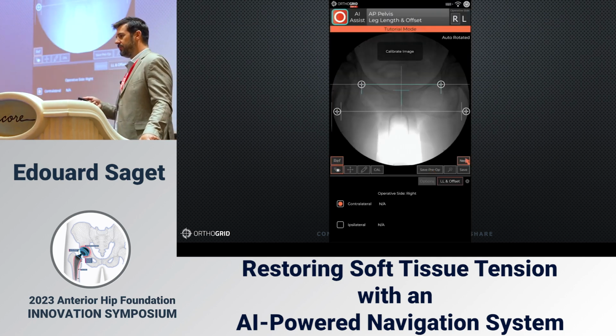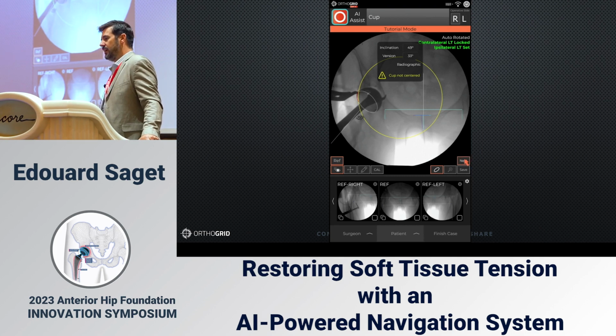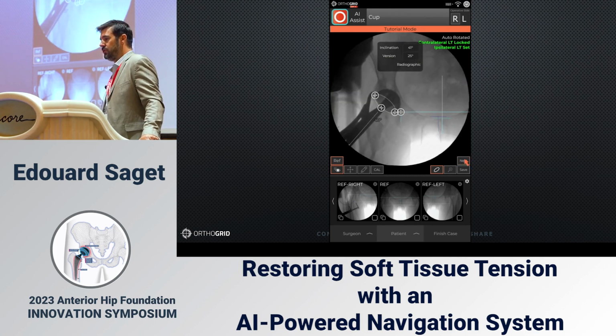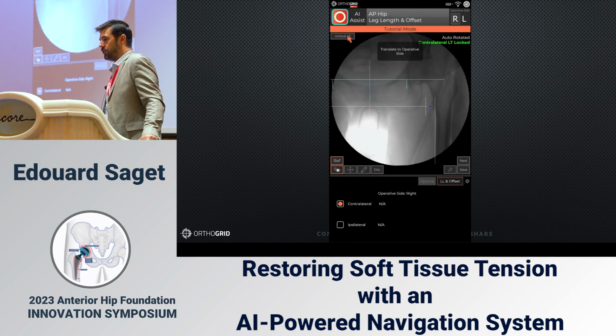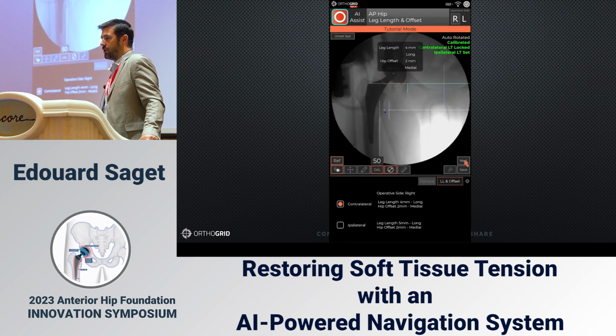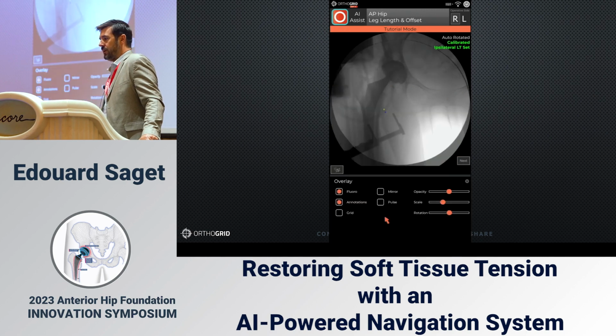We have a level pelvis that you can save and track. Then automatically shift to the cup. You don't need a human to track your cup. It will spit the numbers out for you. We have anatomic and radiographic. You can do AP pelvis technique. It will automatically show up the numbers for you, or you can do contralateral or ipsilateral referencing on AP pelvises